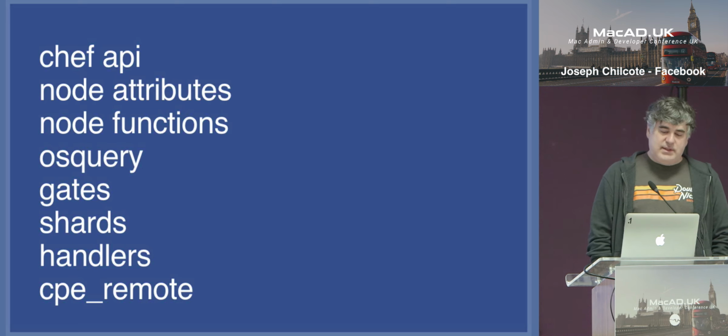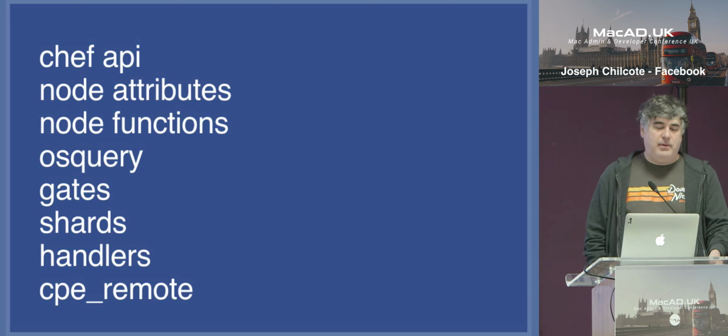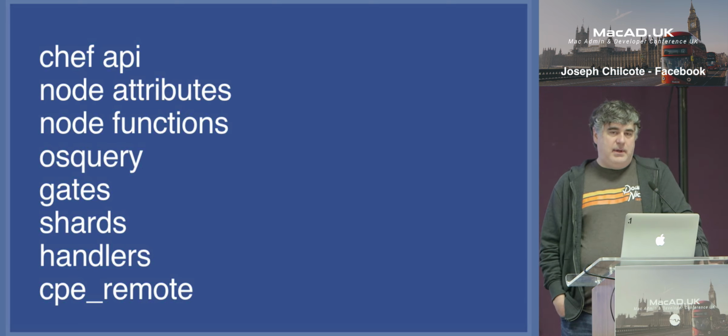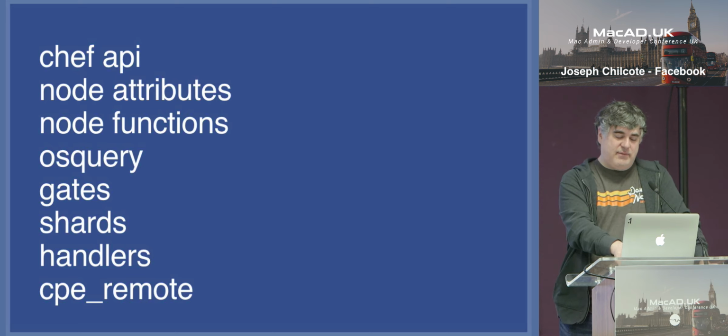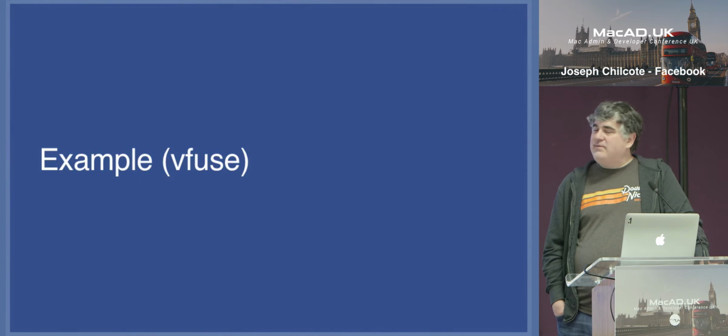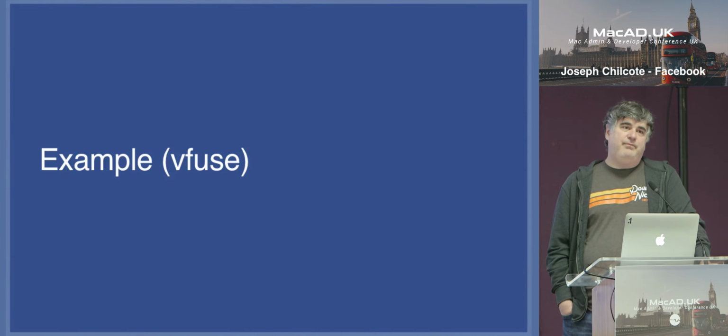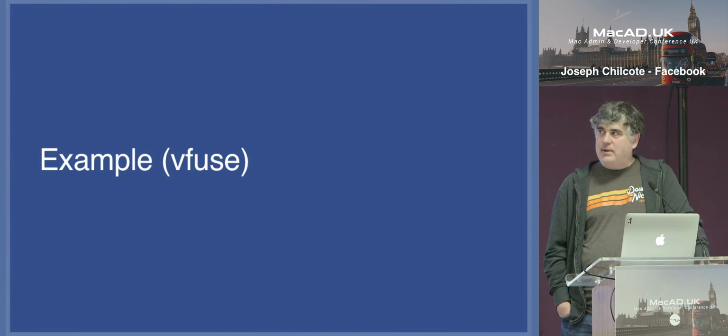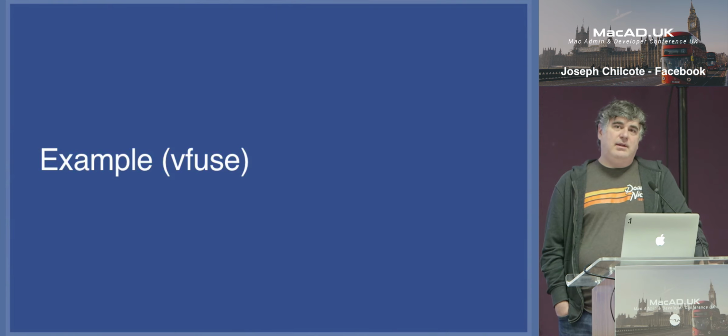What I want to show you now is just a real quick example of how a custom cookbook resource can come together and how it behaves as the Chef run progresses. And for that, I chose how we installed this vFuse virtual VMware testing system. It's just a bunch of scripts that get installed so the user can invoke it. It'll download and configure a VM for them, spin it up, and they can do some testing and then delete